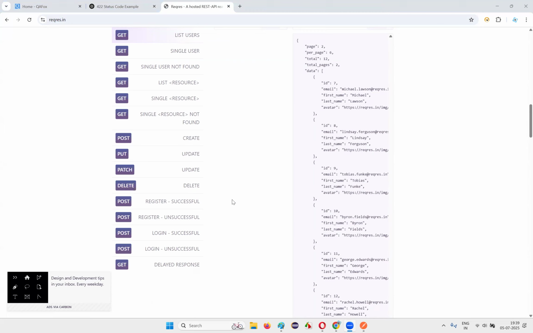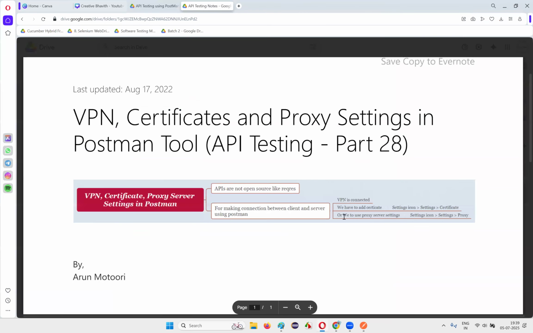Without connecting to VPN, you cannot perform testing, guys. API testing also you cannot perform. So in those situations, you use some VPN software, connect to the VPN, and then perform testing. That's one thing. Next thing is, after the VPN is connected, still some clients will ask you